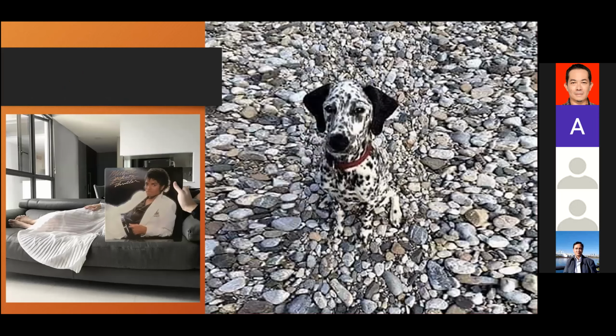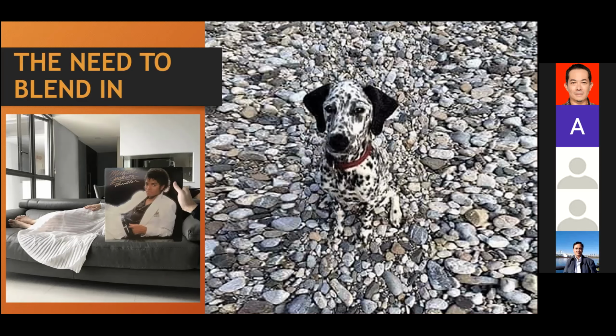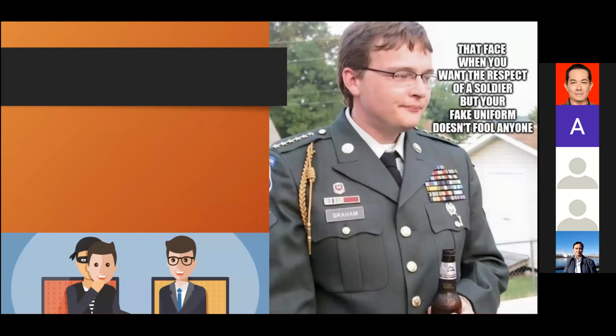Blending, and I'm going to say 24 to 36 months ago, so a couple of years ago, in essence, in a large amount of places around the globe, if you wanted to get access to a place, you just needed to wear a high-vis vest, have a notebook, and speak with some authority. We've evolved a little bit with that now, but I've got to say, nowhere near as much as I would have liked.